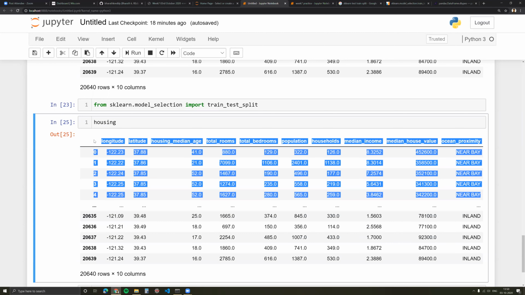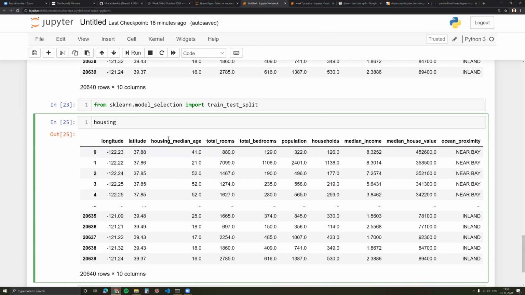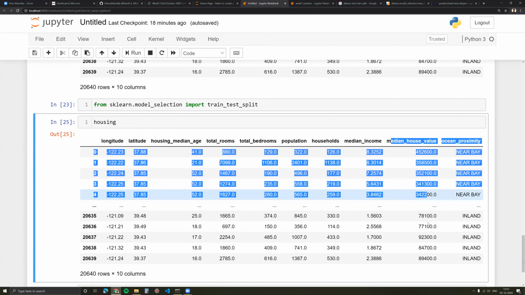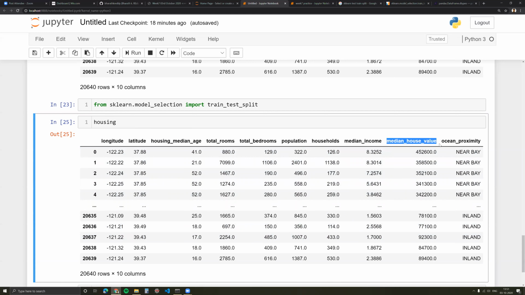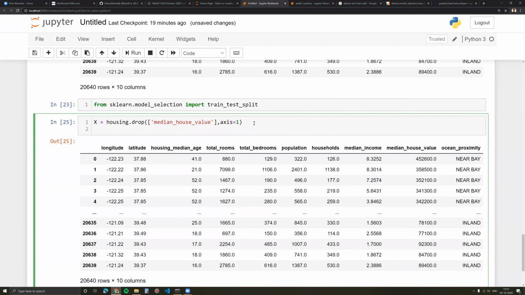Okay. So we were at a stage where we were defining these X and Y. My X is everything else apart from what I'm trying to predict. That means all features. Let's say we are trying to predict the mean house value. So all I would do is my X would be, I'll drop that column. I have to drop the entire column. That's why axis 1, and my Y is just going to be that column.